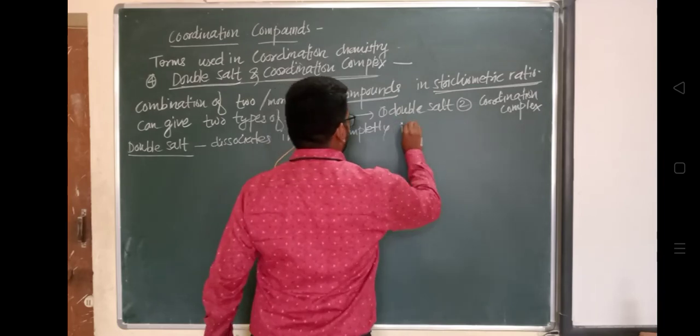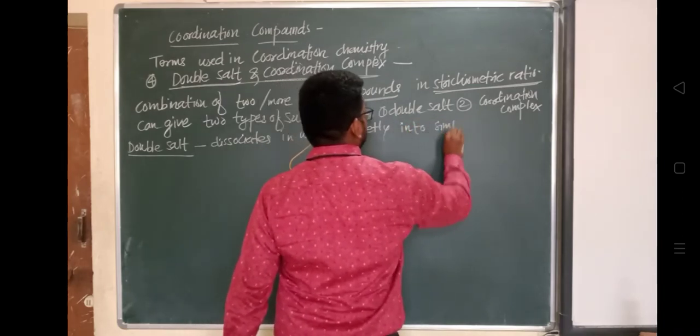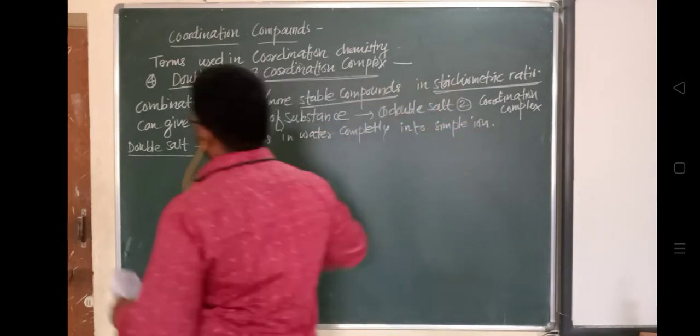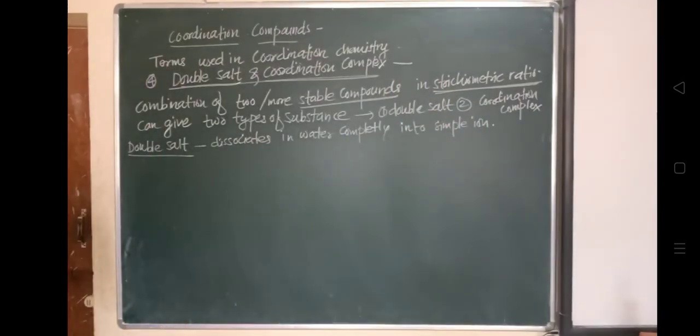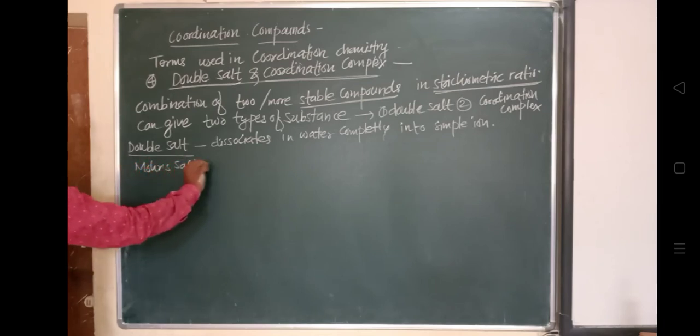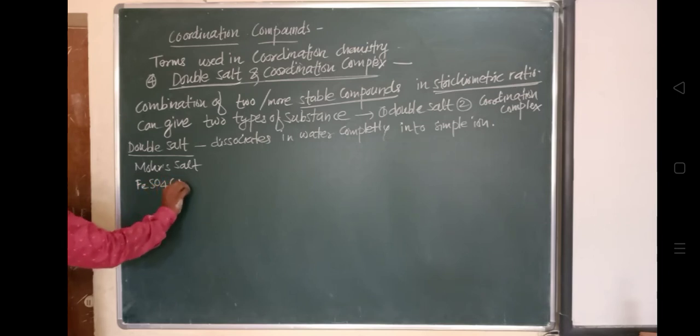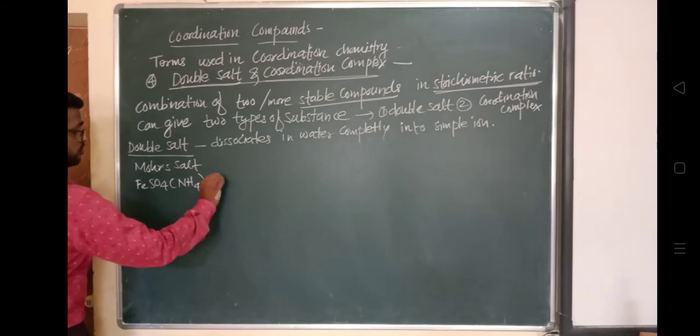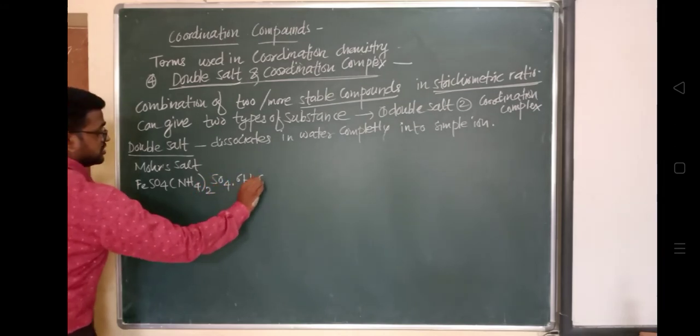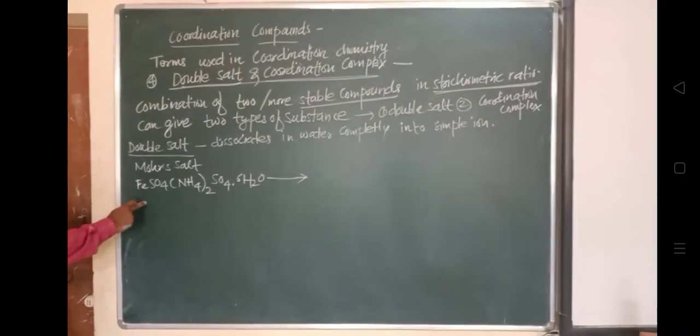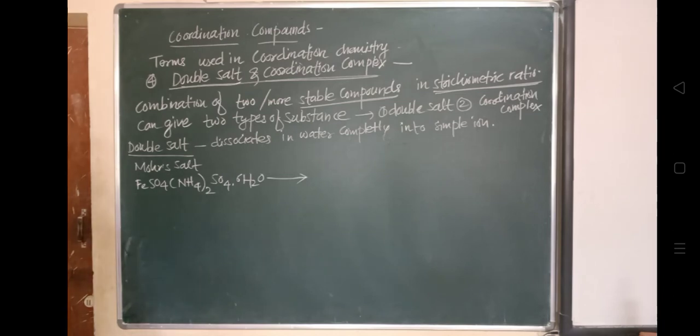Another example, if we see, is carnallite. Carnallite is another example of a double salt. So I will directly write down KCl, MgCl2 into 6H2O. This is carnallite, which will dissociate completely in water into simple ions, and these are K plus ions, potassium ion in aqueous form, and Mg2 plus ion, magnesium ion,